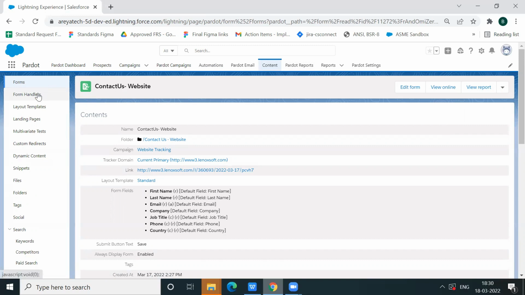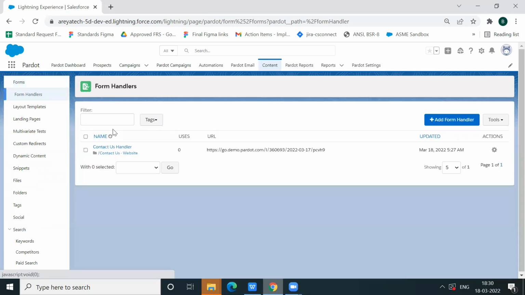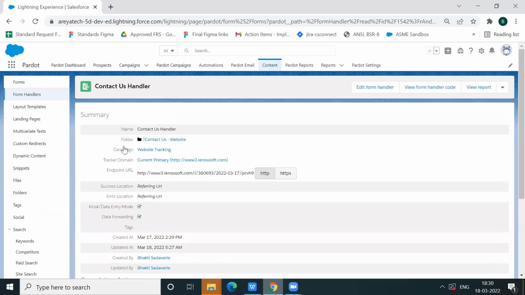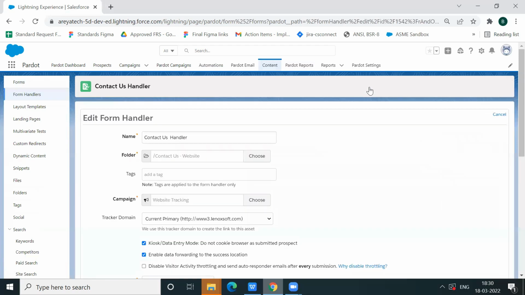So next is form handlers. When we see this, the Pardot form is hosted on Pardot only. But if there are scenarios where a company already has forms and still wants to push the data into Pardot, there are form handlers. So here is how you can create a new form handler. I have already a form handler created. We can see how a form handler